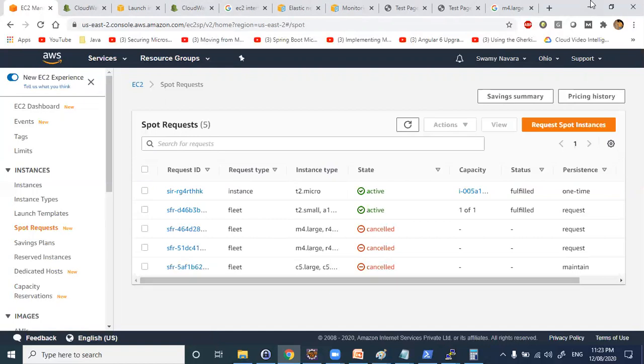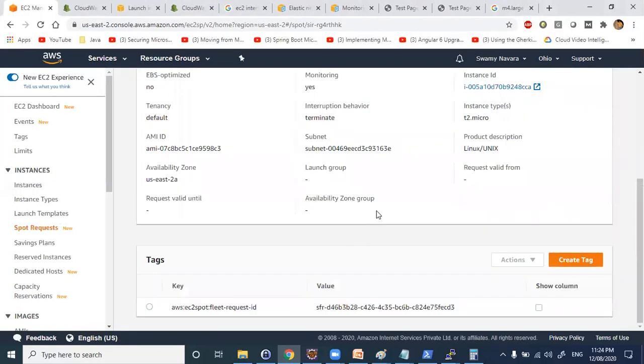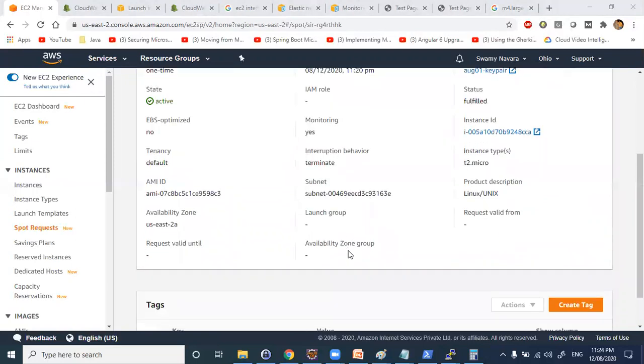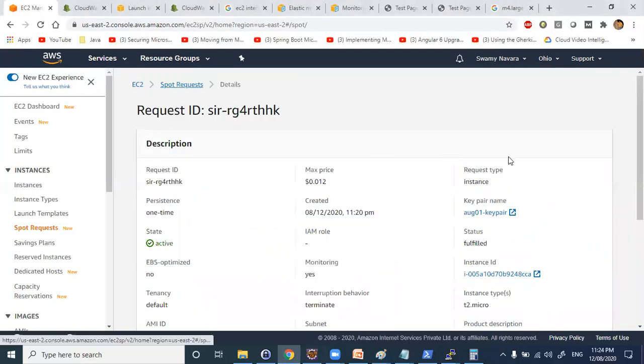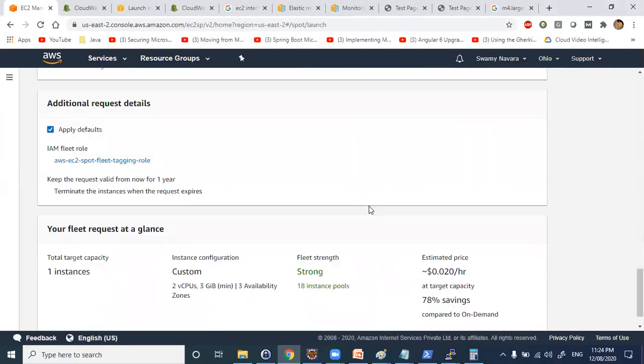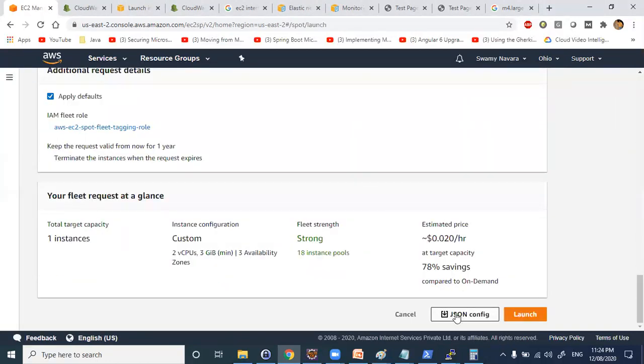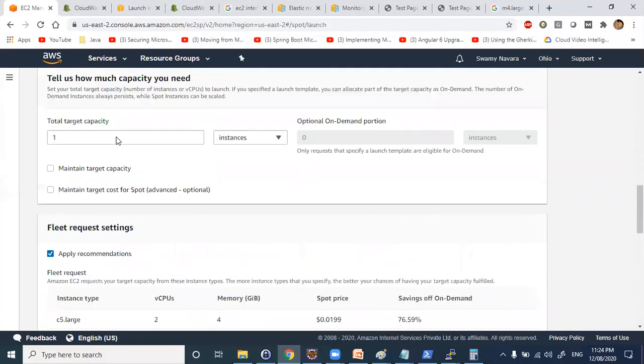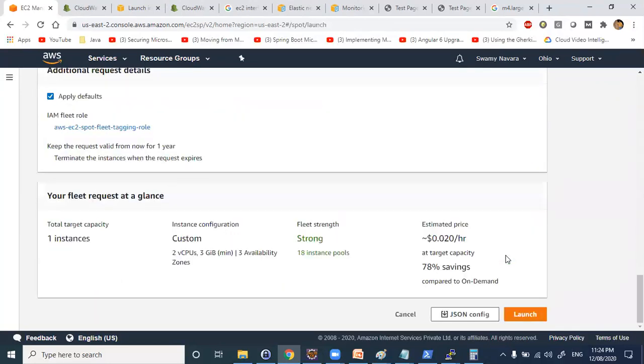So, questions? Harris, could you please tell me how you downloaded that JSON file? See, when you create the spot instance, you will have an option. Let me do a new one, as it's not showing here. Spot instance. So here you have the JSON file option, and you can download this configuration after selecting all the options. As per your options, you download the JSON file.